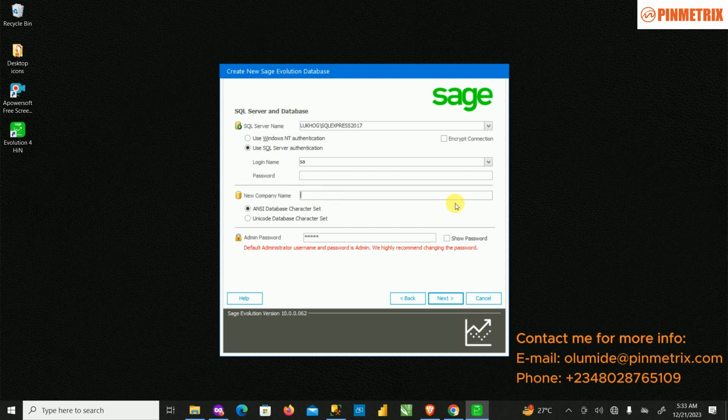Now you have to decide a database name. For this purpose, let's use Training. You have to give a database name. By default, when you create it, an admin password is going to be generated for you, because before you log into the application, you need an administrator password. You need